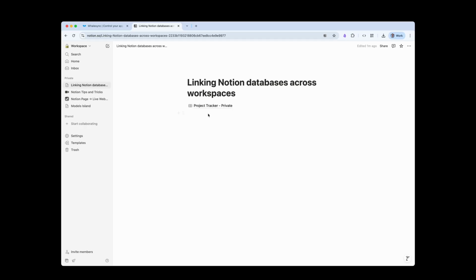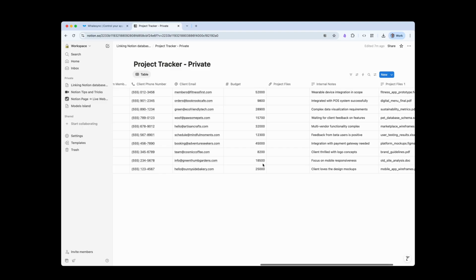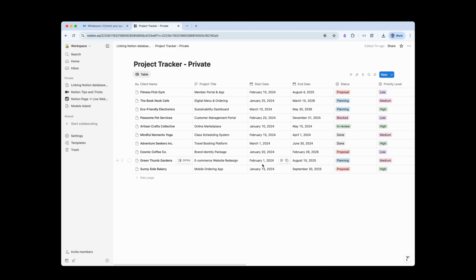So let's say you have a Notion page and a Notion database where you're tracking client projects and you'd like to share some of the information with clients or maybe with partners or team members, but you don't want to give them complete access to the full database because maybe you have budget information in here or private notes or something else. Now, in Notion currently, there's not a way to do this across workspaces or across accounts, but with